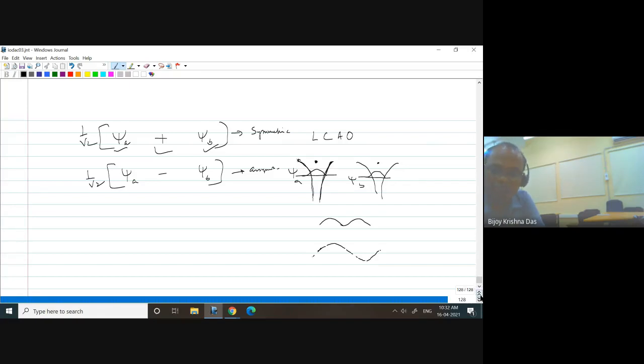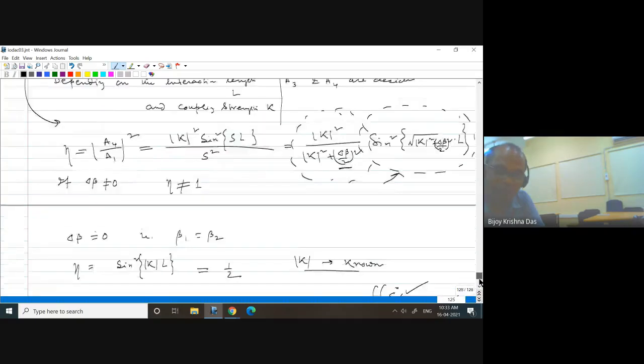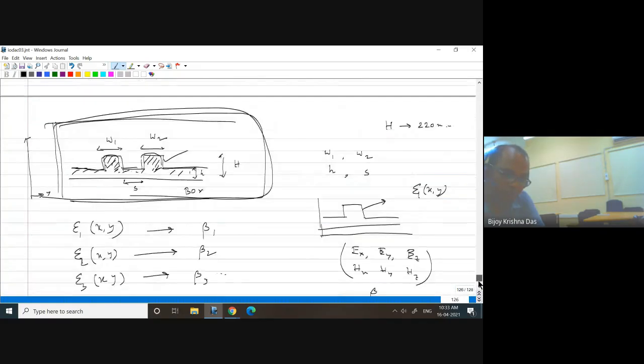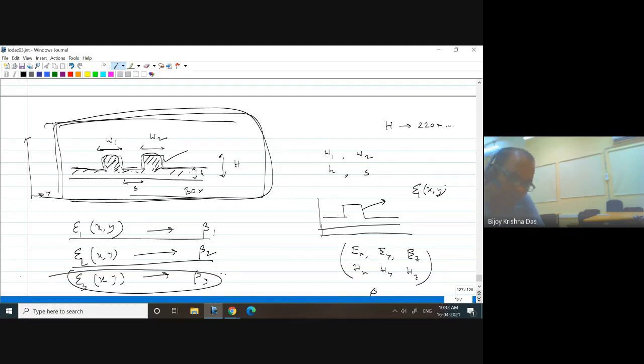The same thing applies here: a waveguide is a similar kind of quantum well for photons. So if you solve Maxwell's equations, you will get one particular solution, and another solution, and a third solution you may get, but that will not be a guided mode.